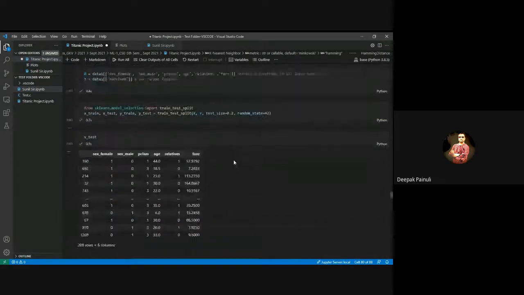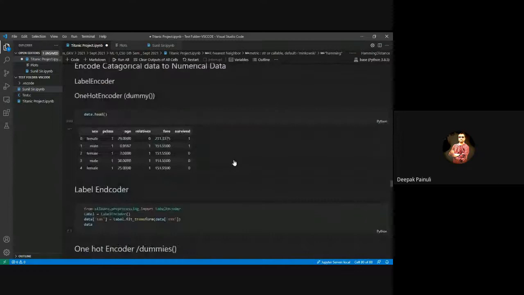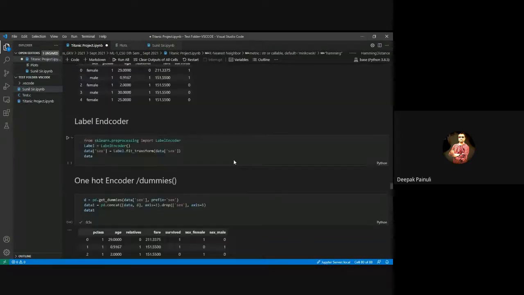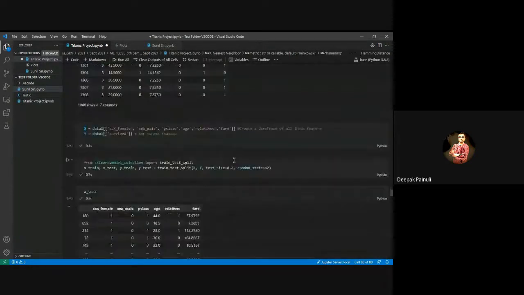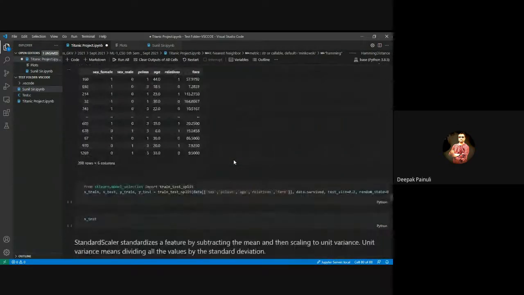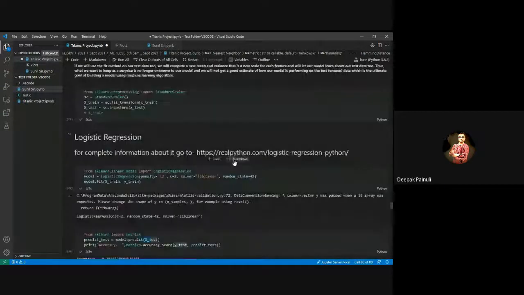So I think it is all clear to you how to load your data, how to handle missing values, how to pre-process your data. After that, how to scale your data. After scaling, how to use those data at the time of training, how to apply models on data, right? And after checking the values, you may select the best model for use, right? So I think it is clear to you guys.